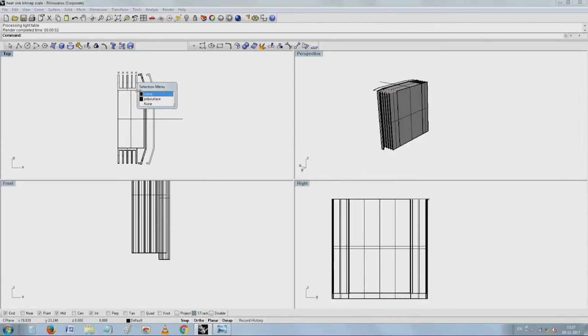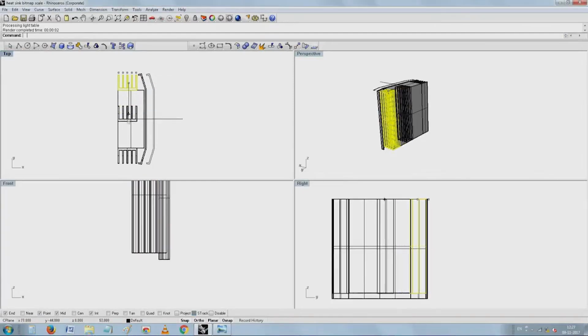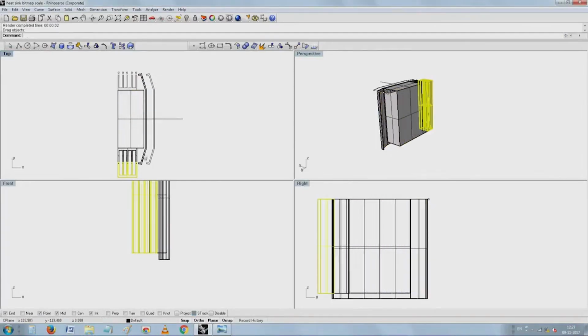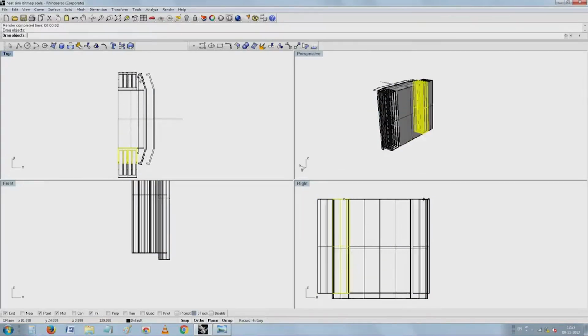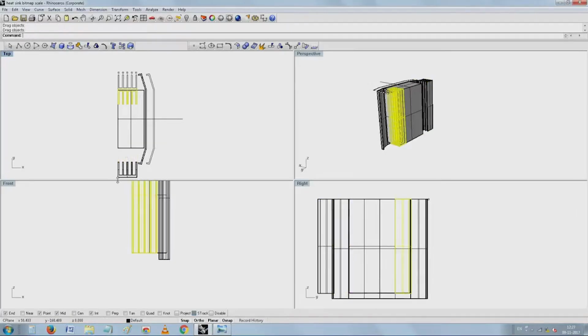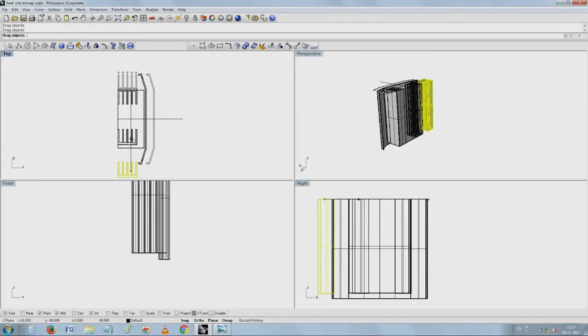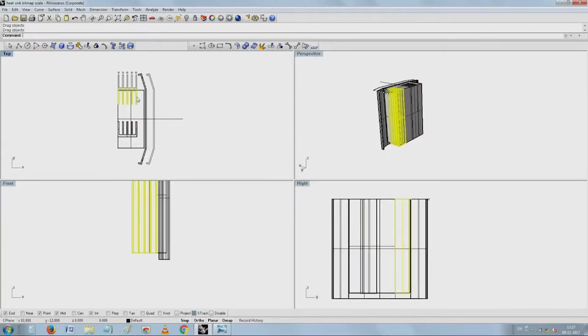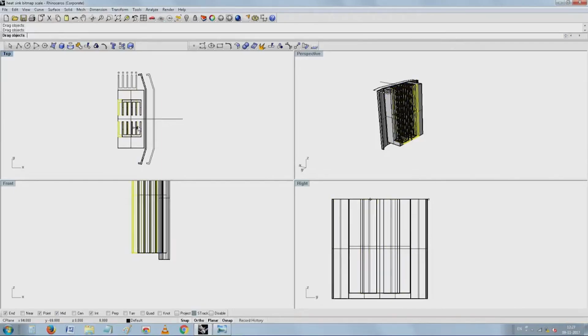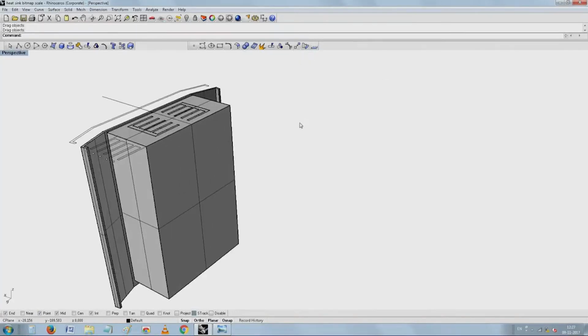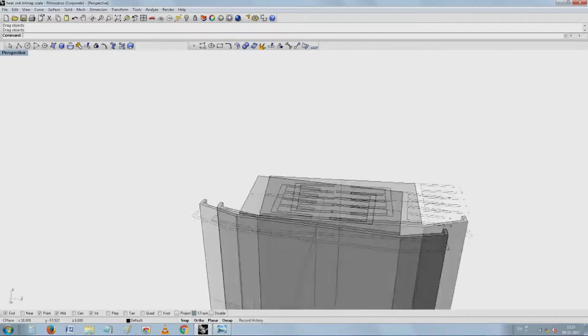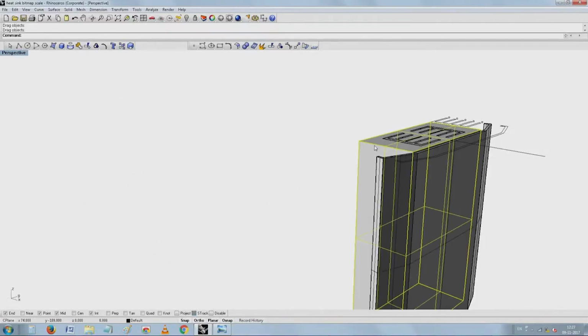What I will do is take this heat sink here, take this heat sink there, move them both, and it will close. Temporarily I will delete the